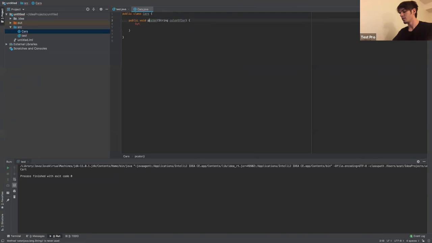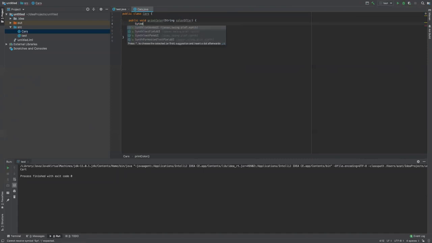So if you want to print color, then it has to be like printColor, right? Otherwise, if you call it without a verb, if it's a noun, then it means that it's some property of that object. Let's say color would be just